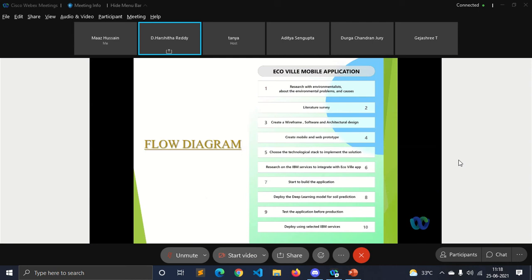And then this is a flow diagram of what we have done so far and what we are also planning to do in the future. So we've researched, like we've talked to people who are enthusiastic about saving their environment, and we've seen videos of professionals and all. And then we did a literature survey, and then we have created a wireframe and thought and researched about our architecture, and then we made a prototype whose link is also there in our GitHub,